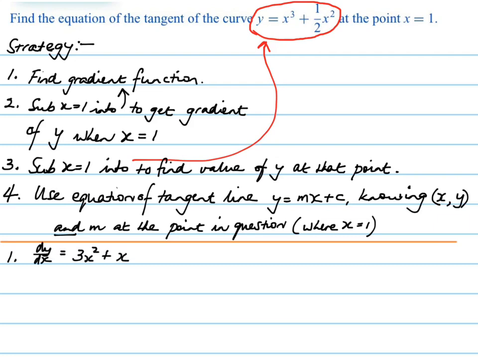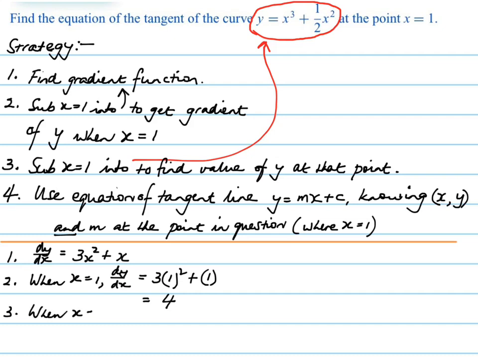Okay, step 1, dy dx equals 3x squared plus x. Do you agree? Look at that red circled function up there and tell me you agree with me. Good. Okay, let's do step 2, that is sub x is 1 into that gradient function to get the numerical value of the gradient, which is 4 when x is 1. Step 3, now we're going to sub x into the original expression for the graph to get y, and that's going to be